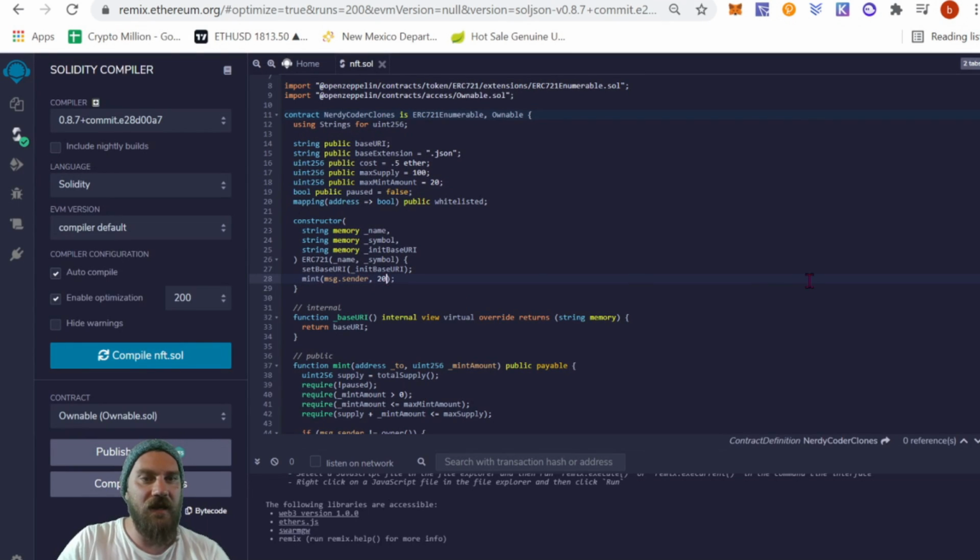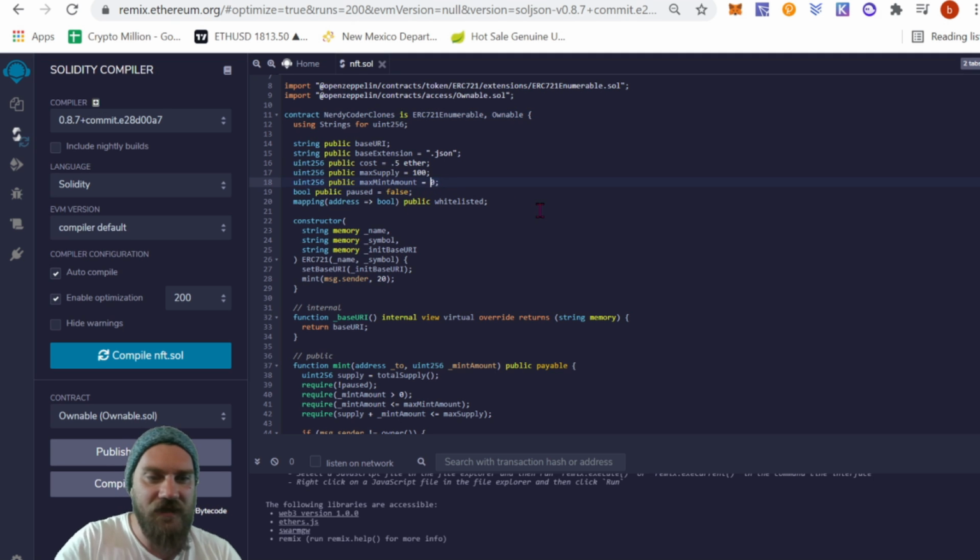The next thing right here is this contract is set to automatically mint on launch into the owner's address 20 NFTs. So the first 20 NFTs automatically get minted. If you don't want that to happen, we can change that to whatever number you want or put 0. The other thing is if you change the max mint number, say we drop the mint number to 10, then we obviously wouldn't be able to mint 20 into our wallet. So we can only mint the amount of the max mint here.